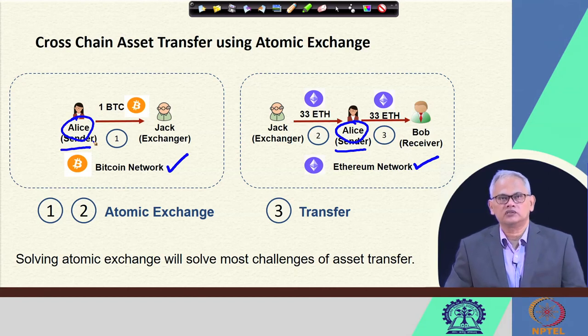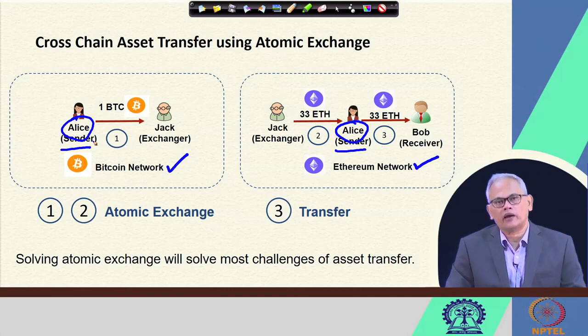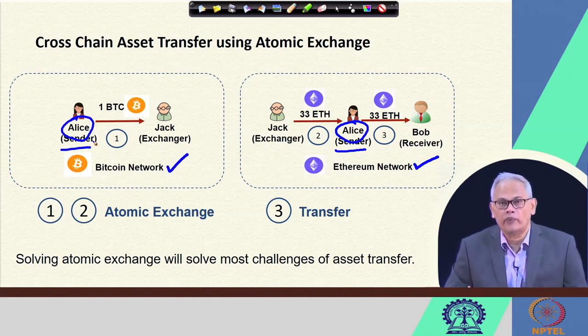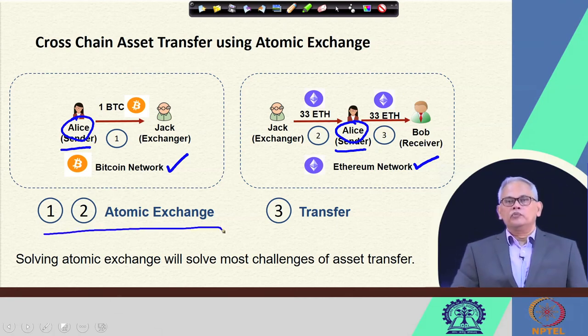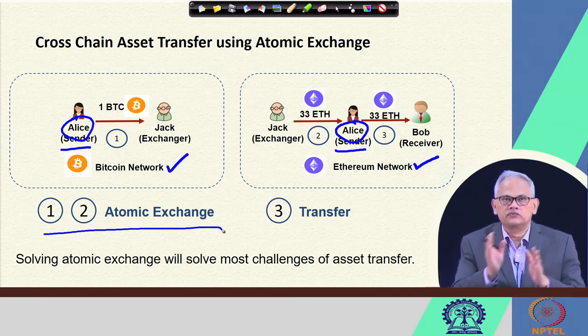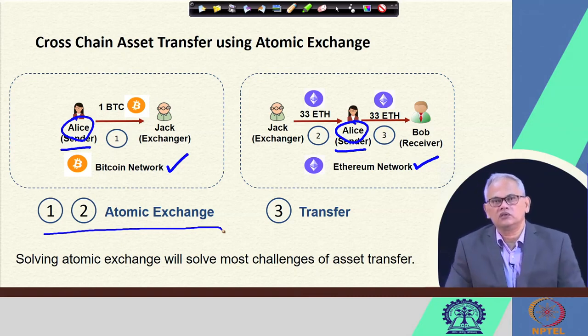What is very important is that in order that it works correctly and no party can back out in between, or there is no issue about the exchange rate between Bitcoin and Ethereum, as these two cryptocurrencies' exchange rates fluctuate and have an impact on the final transfer, what we need to ensure is this part, that 1 and 2 should be atomic exchange. That means the operation of Alice transferring one Bitcoin to Jack in the Bitcoin network and Jack transferring 33 ethers